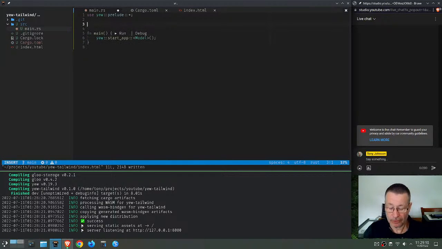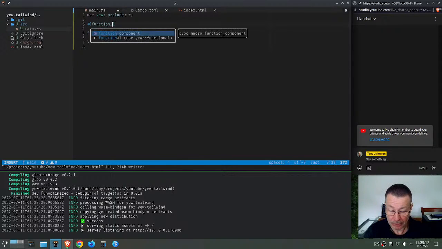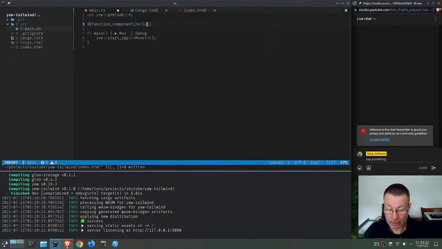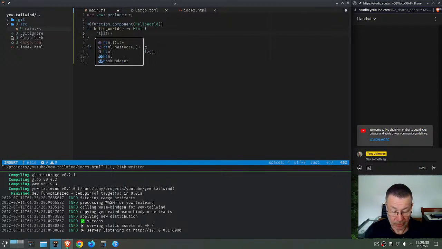So what I'm going to do is just create a simple Yew function component, and we can call that our hello world component, which is simply a function called hello_world. It doesn't take in any parameters. It's going to return us some HTML, so we can use the built-in Yew html macro, that's correct, and